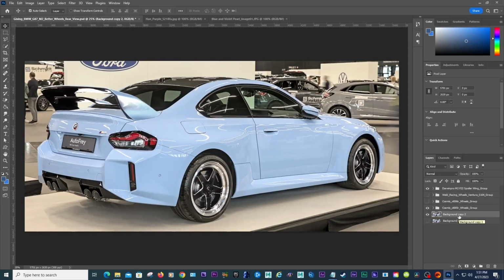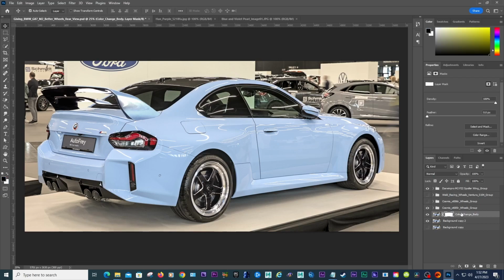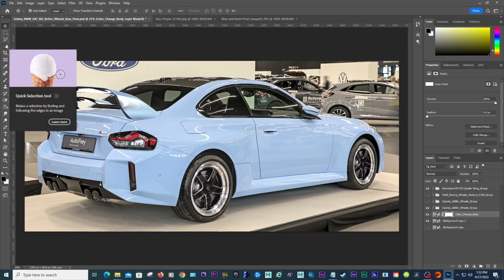But again, right here, I'm going to press Control J. New layer again. This one, yeah, let's go ahead and rename it this time. Color change body. So again, new layer mask, press the button down there. And then next,